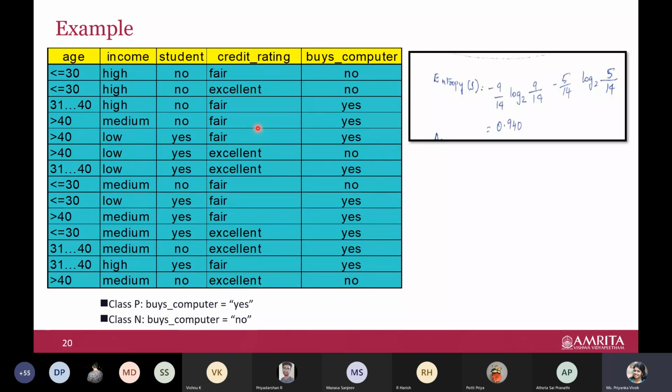Will you all try once to find it for tomorrow, I mean the next class, and we'll discuss? Will you all try on your own? Because the problem is we are not seeing each other, right? I'm just telling on the slide. You might get it, but when you actually do it, only then you might know where you're going wrong. So it's better you try it.